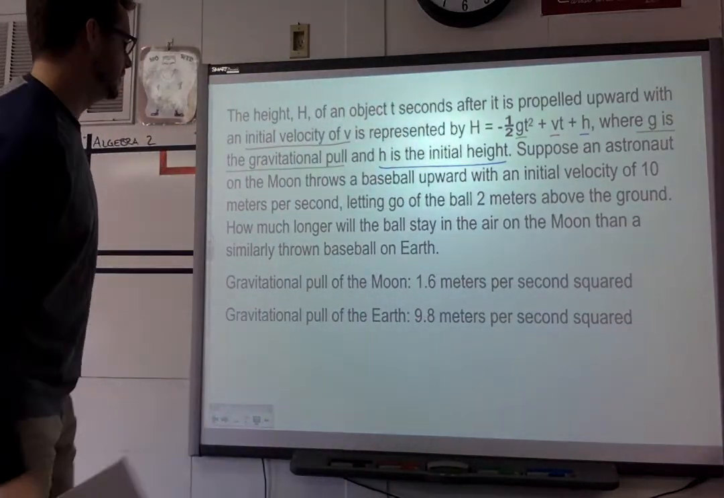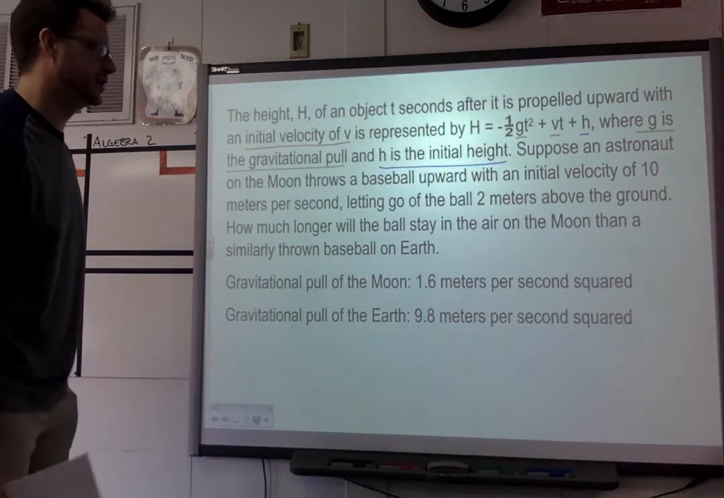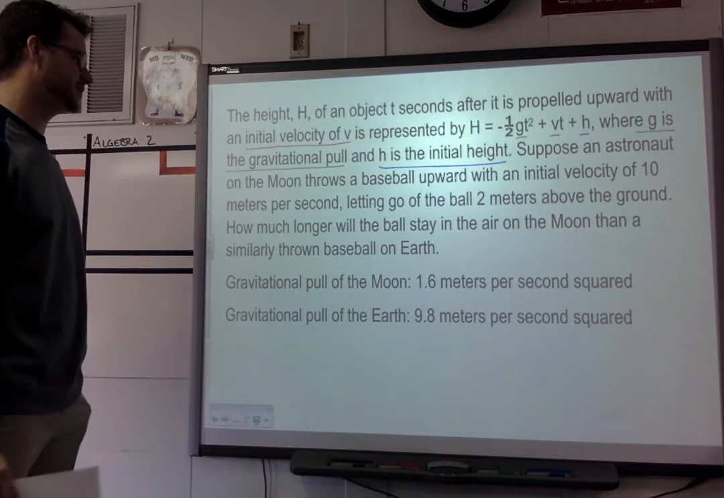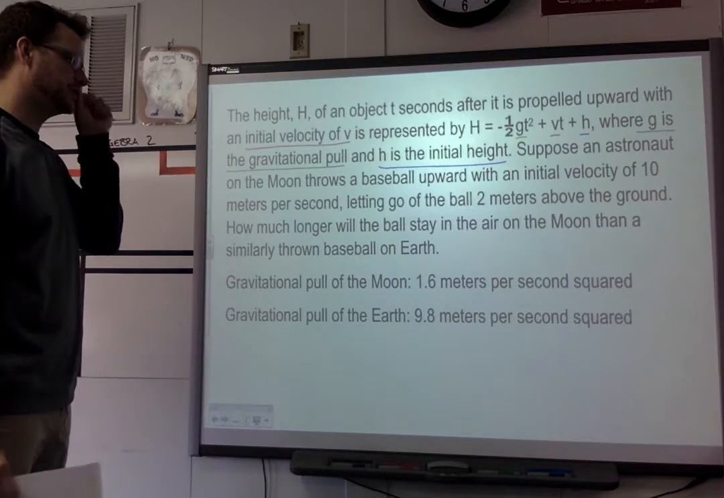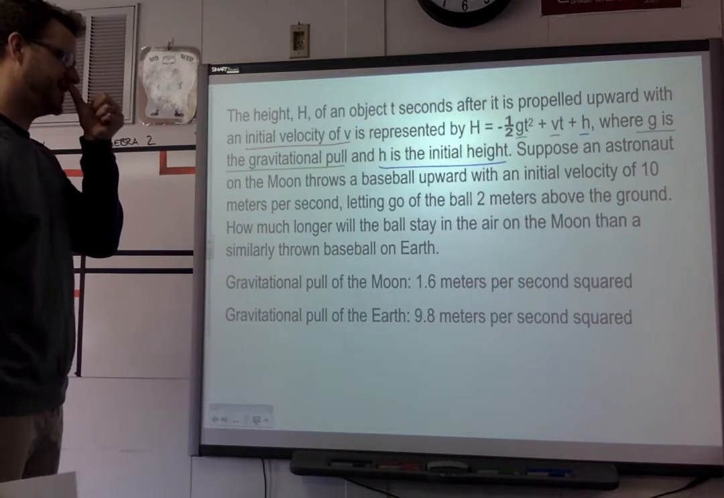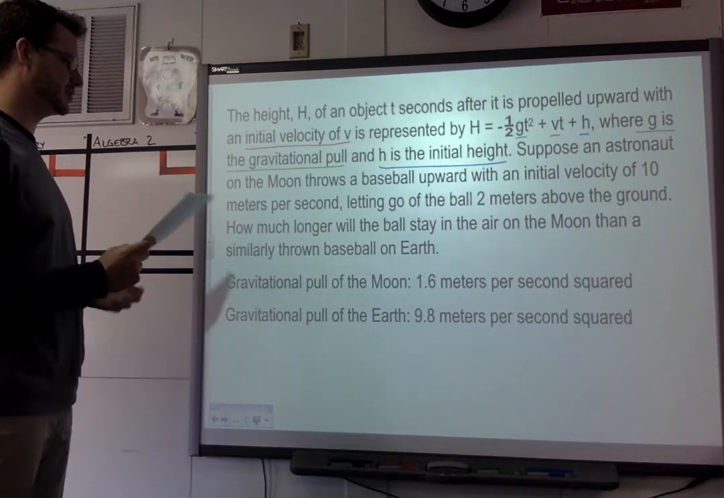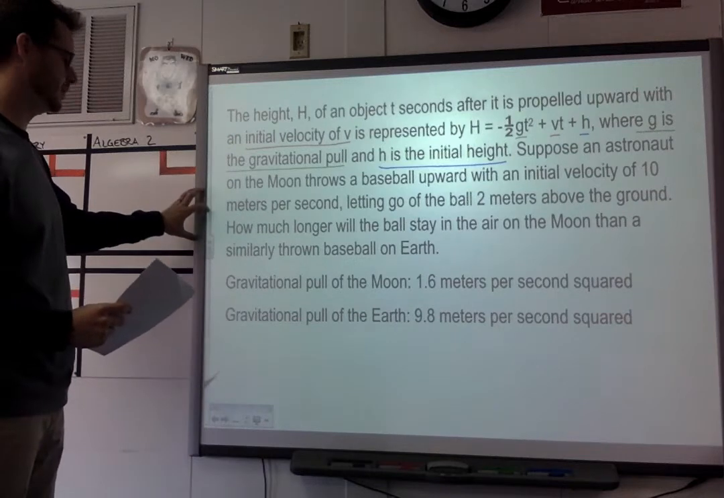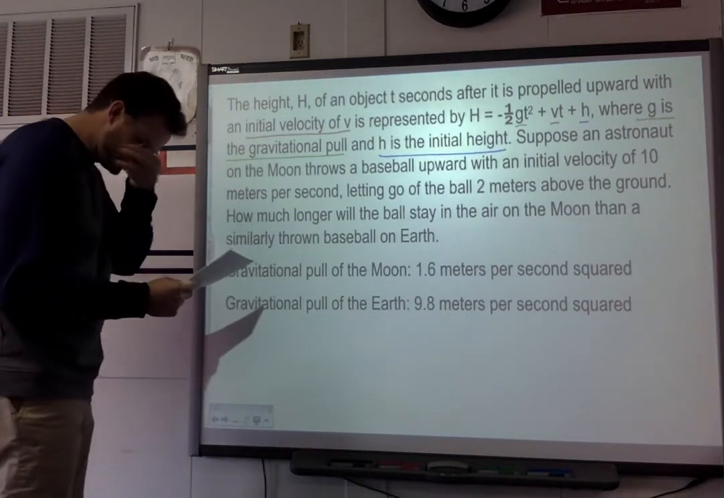Suppose an astronaut on the moon throws a baseball upward with an initial velocity of 10 meters per second, letting go of the ball 2 meters above the ground. How much longer will the ball stay in the air on the moon than a similarly thrown baseball on Earth? So, we have